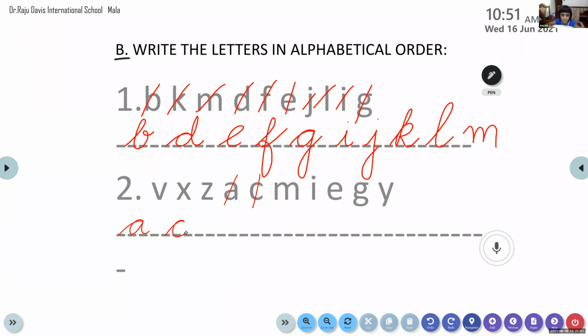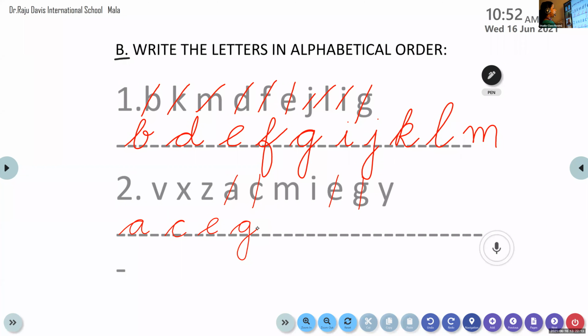Yes, C. Then which is the next letter? Yes, A, B, C. D is not there. So the next letter is E. Very good. E. So please write it there. Then after E comes F. F is not there. Then which is the next letter? G. Very good. So strike away the G and write the G in the space provided for you.